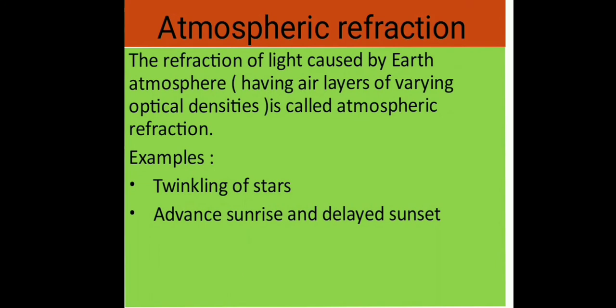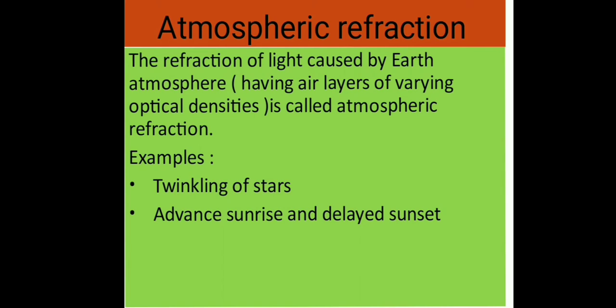Atmospheric refraction. The refraction of light caused by Earth's atmosphere is called atmospheric refraction. The air just above the fire becomes hotter than the air further up. The hotter air is lighter than the cooler air above it and has a refractive index slightly less than that of the cooler air. Since the physical conditions of the refracting medium are not stationary, this wavering is thus an effect of atmospheric refraction of light by the Earth's atmosphere on the scale in our local environment.